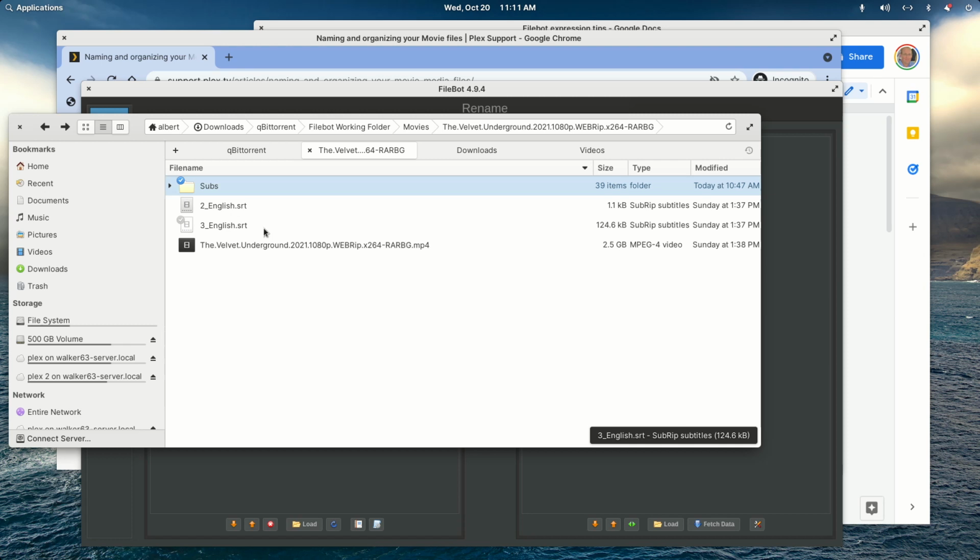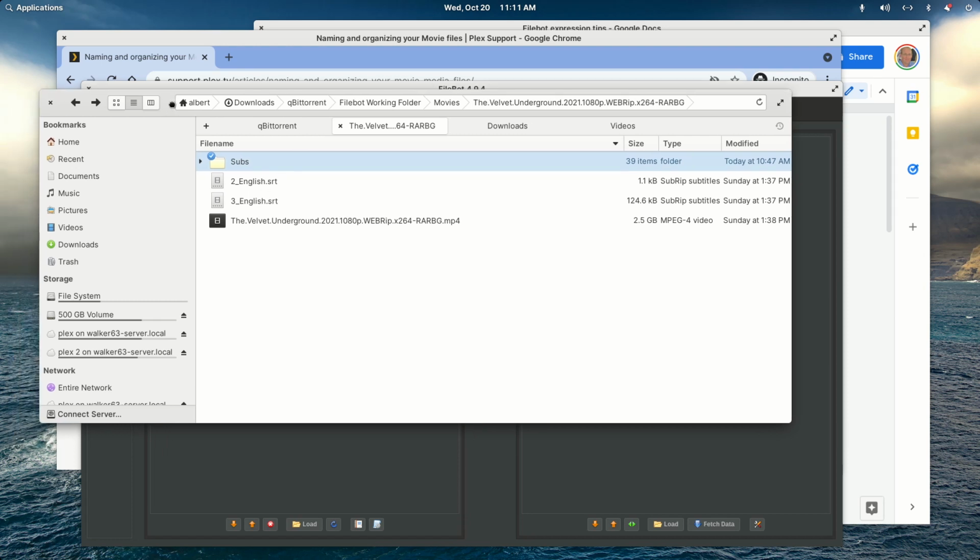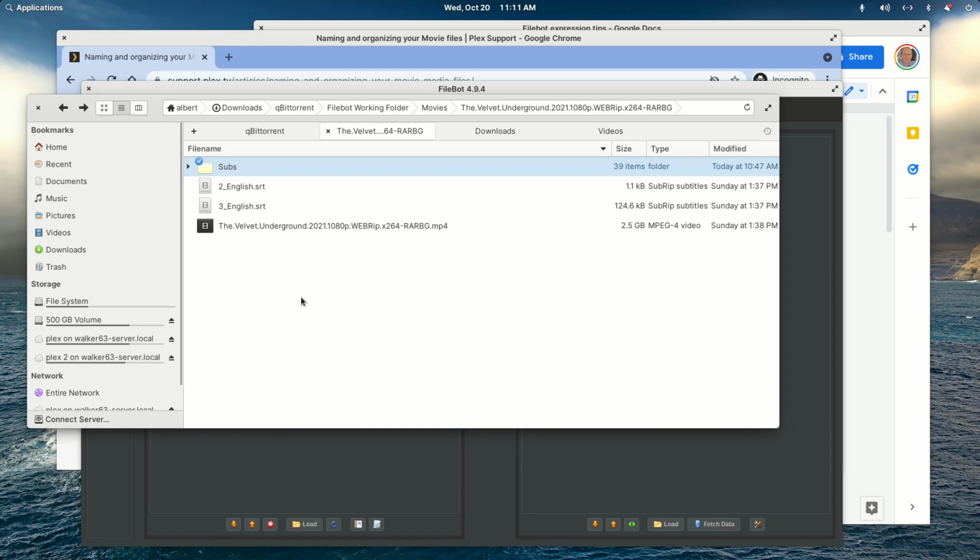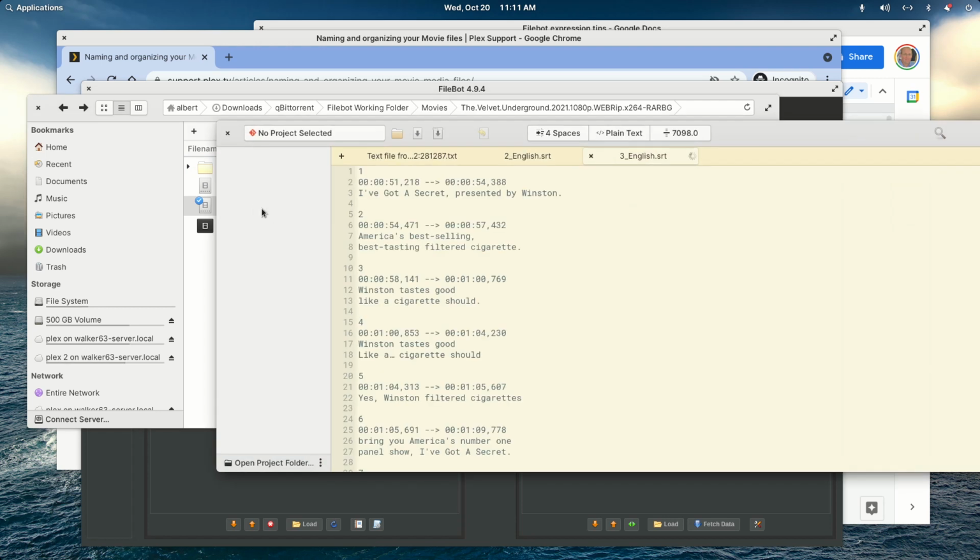I don't have an example today that shows all three types of subtitle files you might come across, which would be forced for foreign audio language, the default subtitle file, or the hearing impaired subtitle file, also known as the SDH. But the file sizes can help you figure out what's going on. So this file size of this subtitle file is tiny compared to the other one, so I automatically know this is the forced audio. I don't know if this is a default subtitle file or the SDH hearing impaired subtitle file. So if I open it in a text editor,